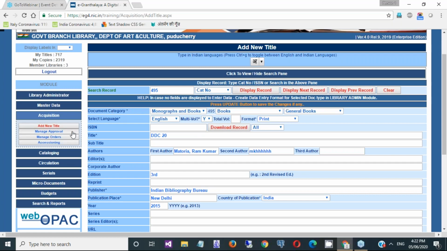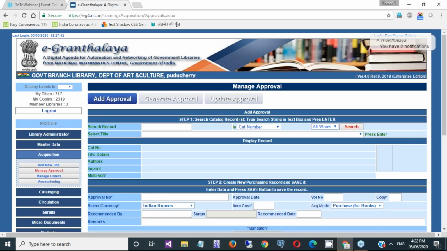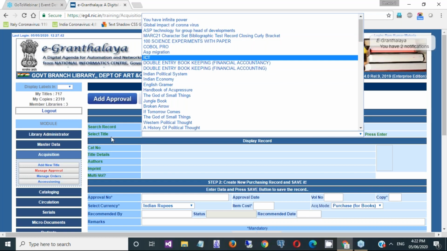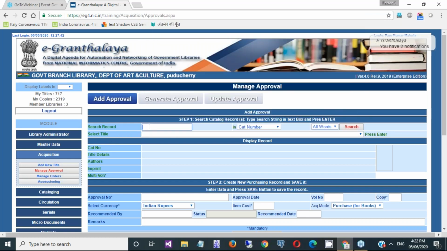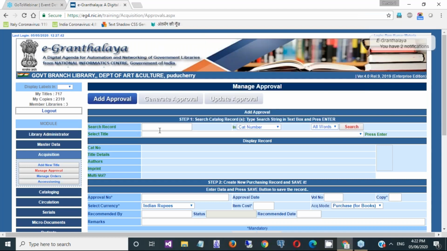Now we'll go to the second form, manage approval. Whatever books you have entered just recently, the 100 most recent book titles will be available automatically. In case it is an old book and that title is not available in these latest 100 books, then you can search for the record by typing a particular value in whatever field you have selected for searching.